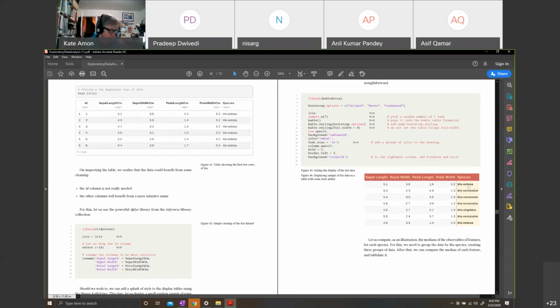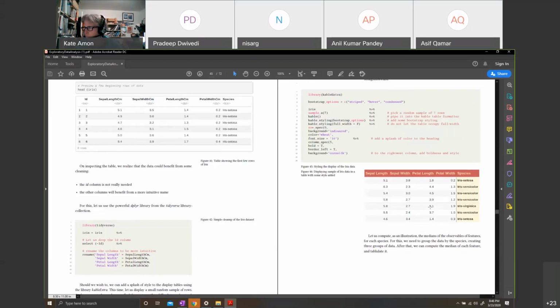Here I'm doing... So what have I covered? I've covered the last column because that's the species. That is the species, and these are the attributes of that species: sepal length, sepal width, petal length, petal width. Right? So is this data in tidy data format, guys? Once again, if you were to ask this question, what would you say? Is it in tidy data format? Yes. Yes, right? Because this is an instance of iris setosa, and then we have the four measures, the four features. It is in tidy data.